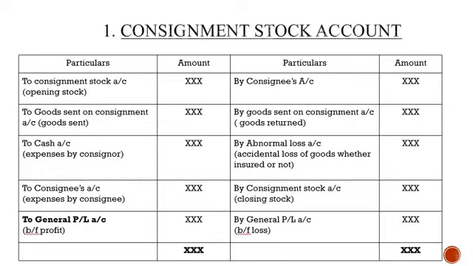Now, the first one, that is the consignment stock account. This is basically like the profit and loss account that we prepare. If you see, you have the debit and the credit. I have just messed up the debit and the credit part over here, so do write it here as debit and here as credit. The consignment stock account is like the profit and loss account we normally prepare, and there the consignor gets to know what is the amount of profit and what is the amount of loss.